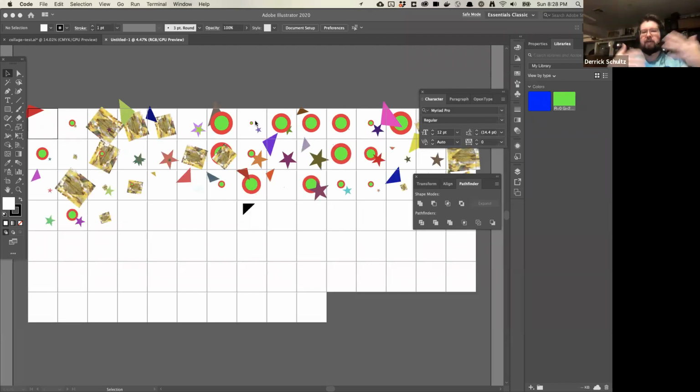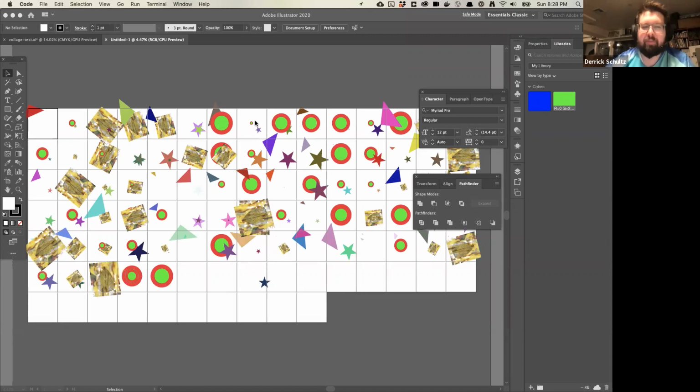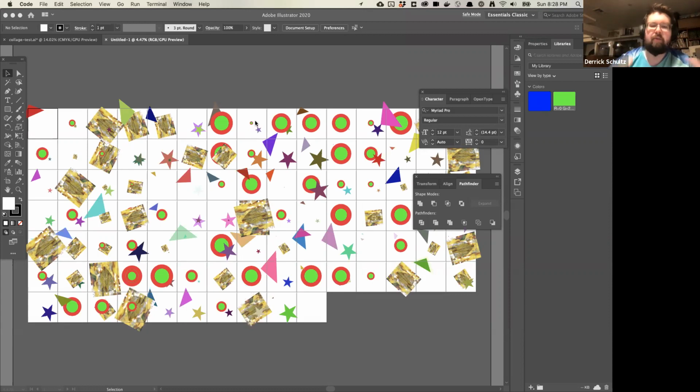So there's a lot of opportunities here to play with this and experiment to see what you can get out of it. But it's not perfect. It definitely requires a little bit of updating and tweaking. But I think it's a pretty interesting script and allows you to create elements that are a little more fun and playful. And obviously I made these really crappy stars and whatnot. Obviously someone like Esteban has much nicer looking vectors, but there's a lot to play with in this script to see what you can generate.